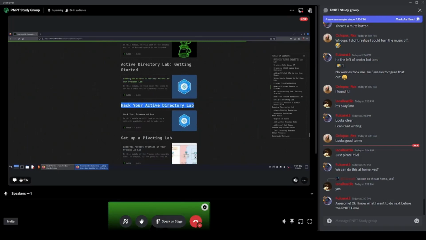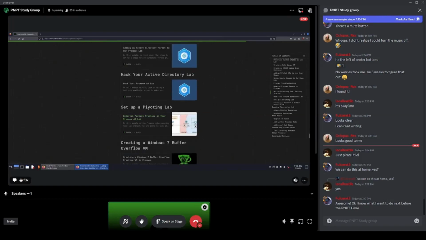This is your internal methodology. If you follow along with this article, it's going to show you how to make the Active Directory lab vulnerable using a script that's been pretty widely used on GitHub. It's pretty simple. You just run the script and it creates some vulnerable things in your Active Directory lab. Then if you follow along with the guide, it goes through a whole bunch of internal methodology that you can test. And then this lab here, which is what we'll be covering today, is a pivoting lab or an